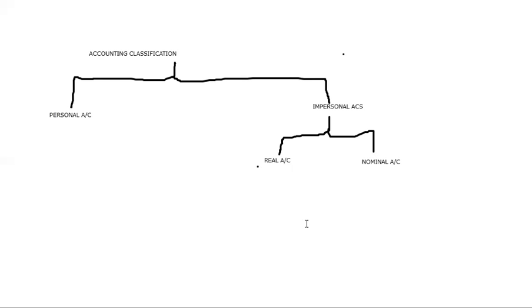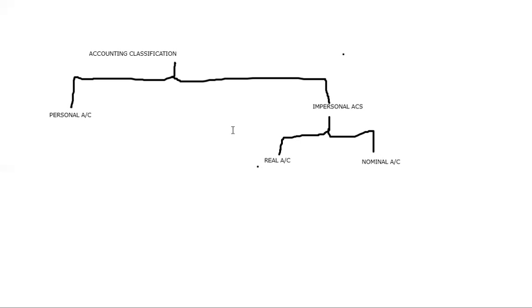Now this is fine, we have to record it. The thing is how we are going to record, because there are n number of transactions occurring and n number of things happening in the organization, so there should be some sort of base on which we record. So they have classified the overall organization transactions into three parts, called personal, real, and nominal. In simple terms, we call these a classification into three formats: personal, real, and nominal.